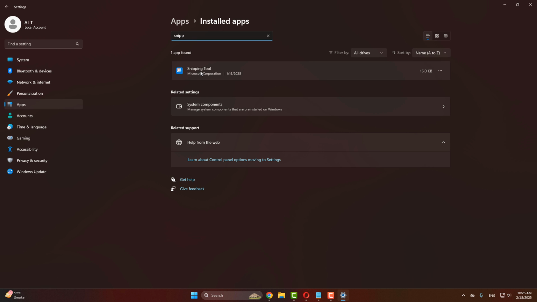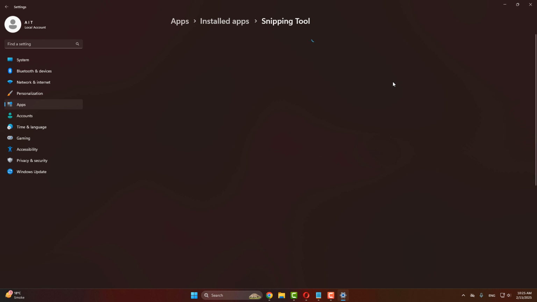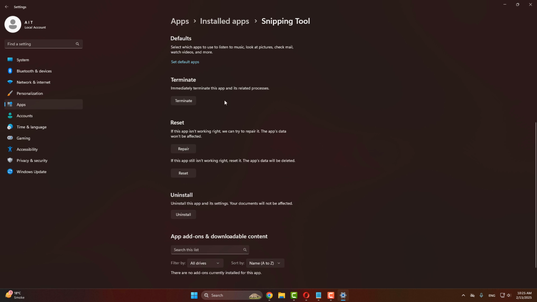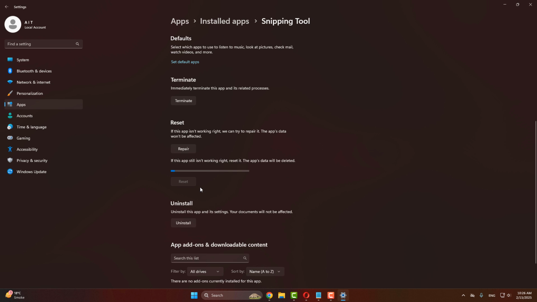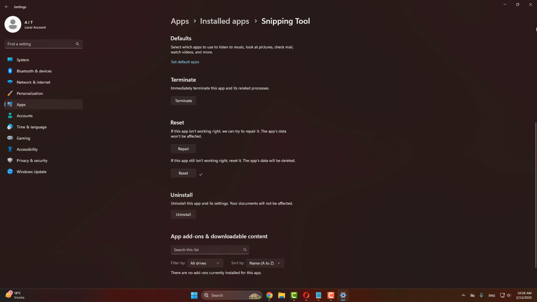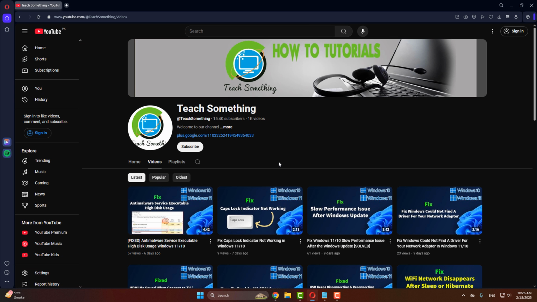So here is the snipping tool. Click on these three dots, click on advanced options, scroll down and click on reset. After that, close it. I hope your problem is fixed, but if your problem is still there, then you can try